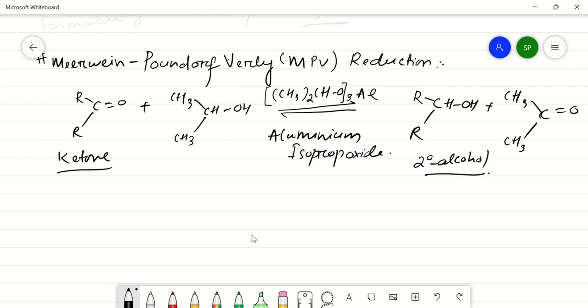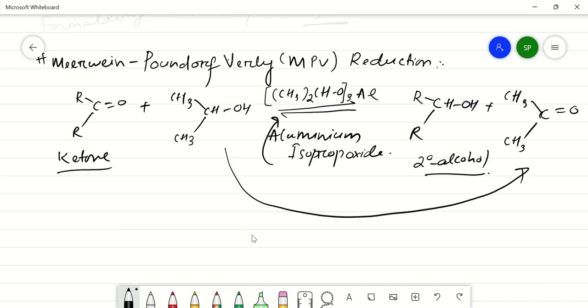Hello everyone. So today we will start with the synthesis of alcohols. The first one is Meerwein-Ponndorf-Verley reduction, or shortly MPV reduction, in which a ketone reacts with isopropyl alcohol in presence of aluminum isopropoxide. This is the catalyst which is used, aluminum isopropoxide, to produce a secondary alcohol and the respective ketone of the